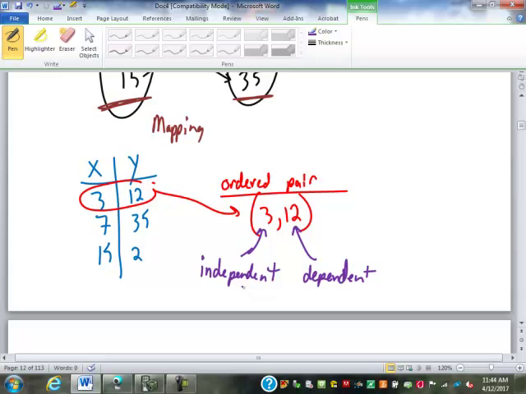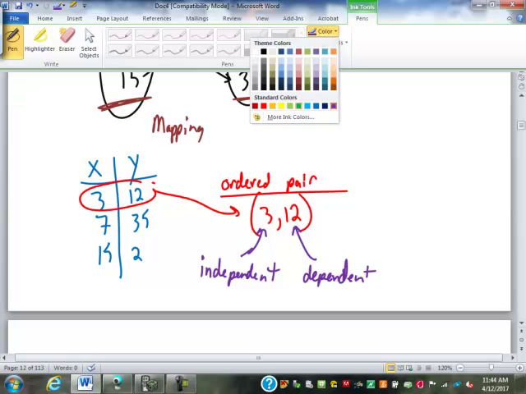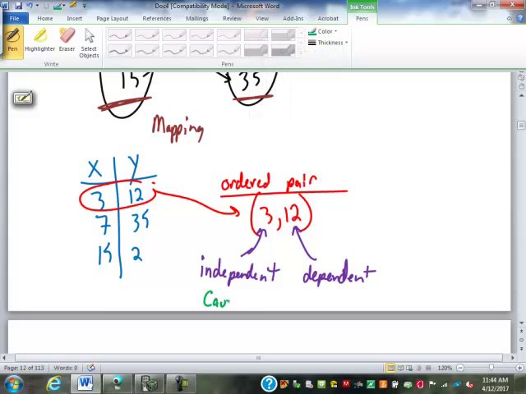The dependent variable is the one that generally changes because of the changes we've made to the first variable. Therefore, it's often thought of as kind of like a cause and effect. So changes to that independent variable cause the changes in the dependent variable